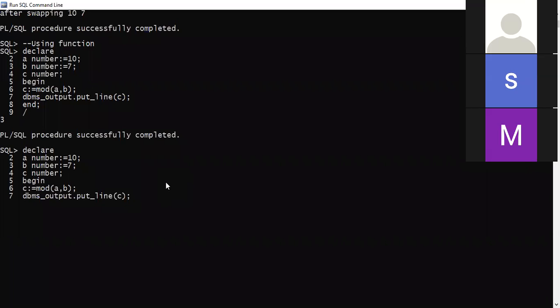Now I'm just taking the line and I'm modifying it. You can also modify like this, but it will be time consuming. I'll say remainder is, then what is the concatenation operator? Ampersand. Then again we have to give a space before I close the single quote, and then I press enter, I give end semicolon, then I give forward slash. So remainder is 3.